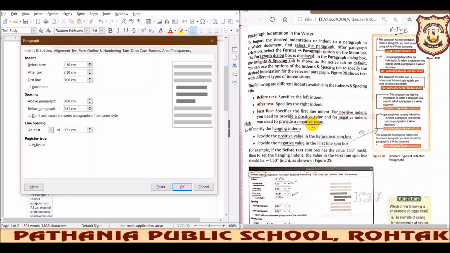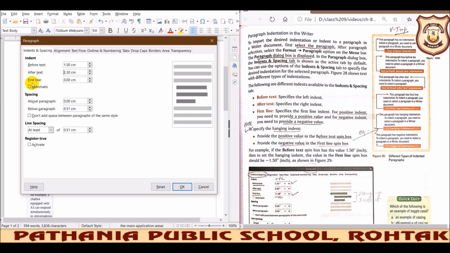Let us talk about the first line indent. First line indent means this way, when you want to start a paragraph. It is just a preview of what will happen to your paragraph. If you want to implement these indents, you need to select a paragraph first, then select the Paragraph dialog box option from the Format tab, and after that it will get implemented.